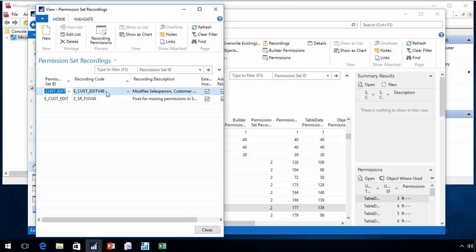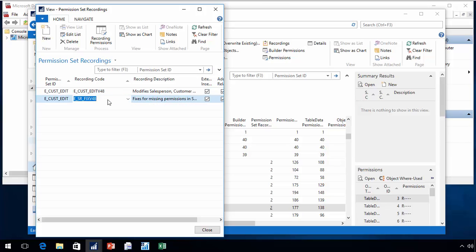We have recorded and tested these on the W1 version, the North American, and the German version of NAV actually. So these permission sets out of the box will actually work in 3 country versions, in 6 different versions of NAV. And we will be adding new versions of these with a newer recording version in here. And in that way, you'll be able to have